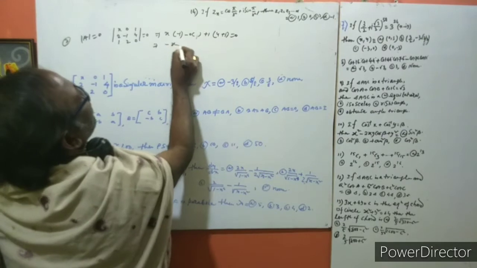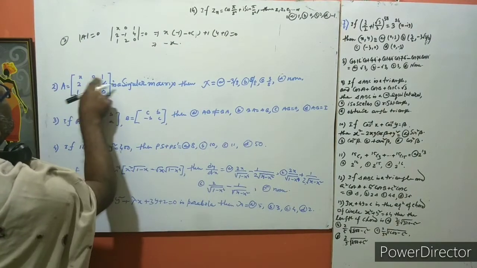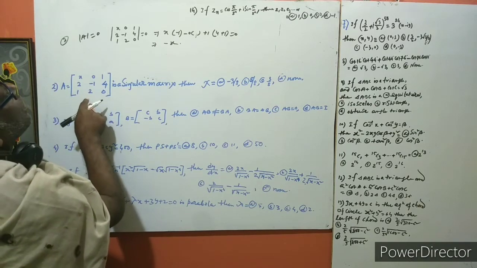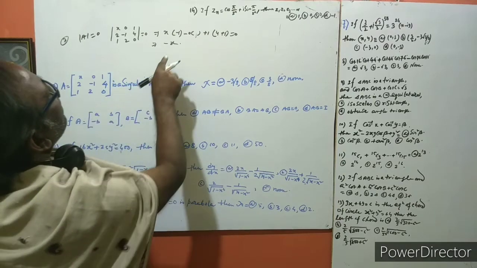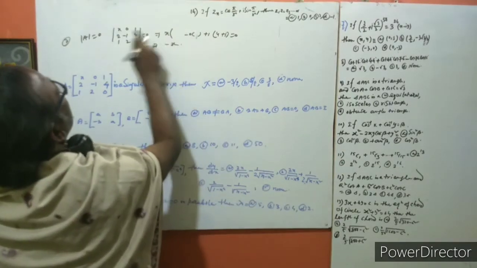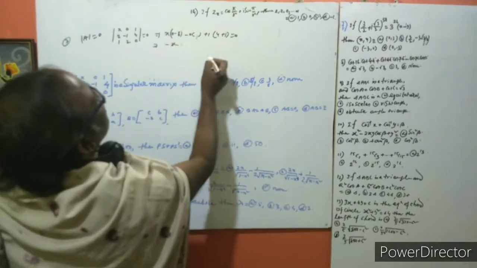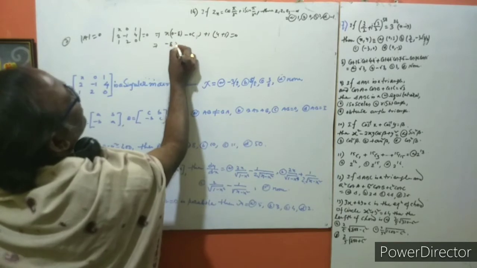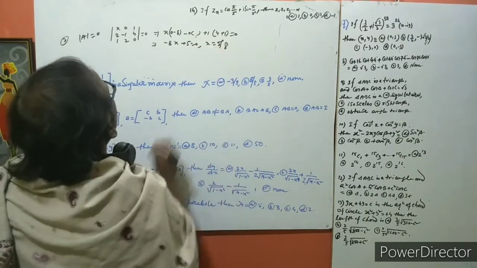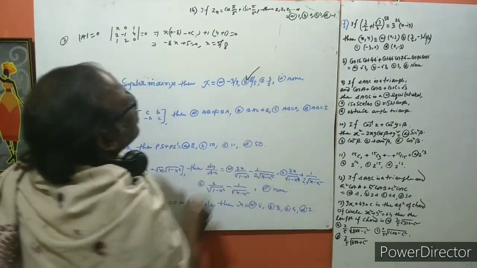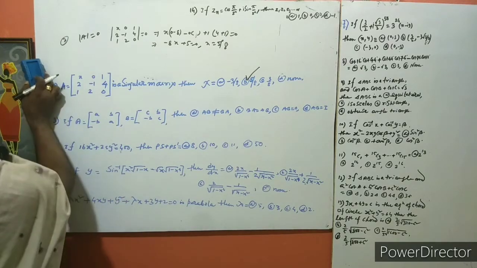So simply can be written as this is again 0, okay, there is a mistake. So if we take this 0 minus 8, 0 minus 8, so that's why minus 8x plus 5 equal to 0, so x is equal to 5 by 8. So option is B. Okay, see carefully.